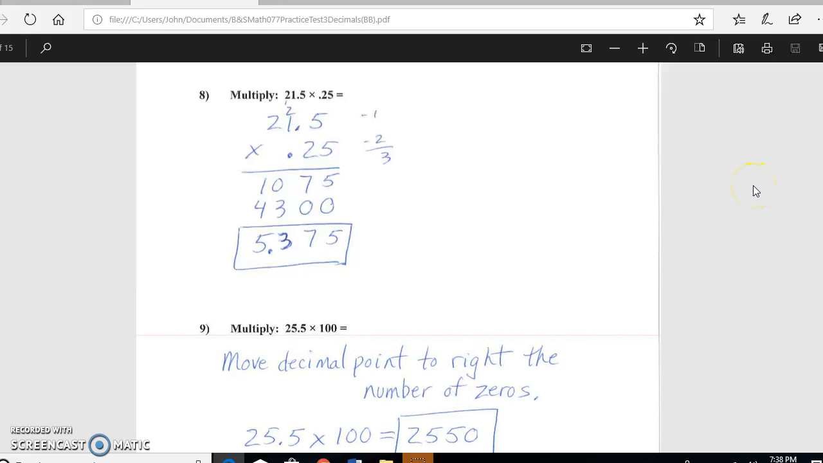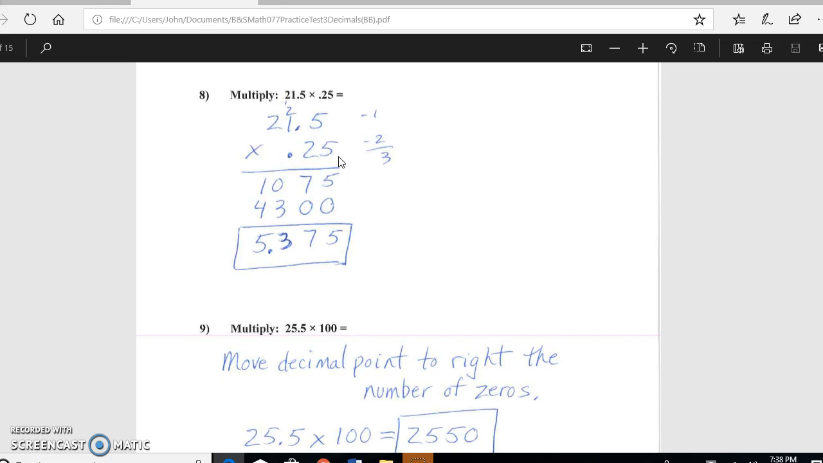This is a practice test for decimal numbers, and here we're working on problems number 8 and 9. Problem 8 asks us to multiply 21.5 times 0.25. We want to set the problem up vertically, as I've shown, and whenever we're multiplying two decimal numbers, we ignore the decimal points until the end of the problem, and we treat these two numbers as if they were just